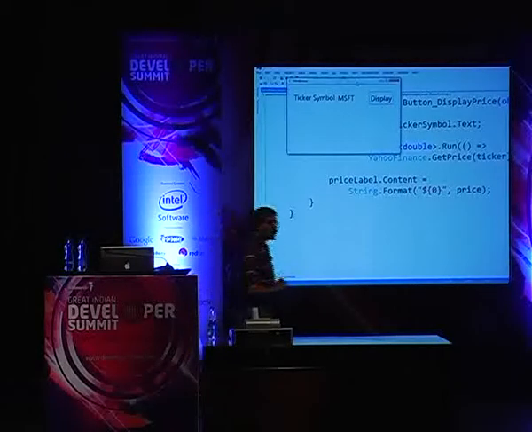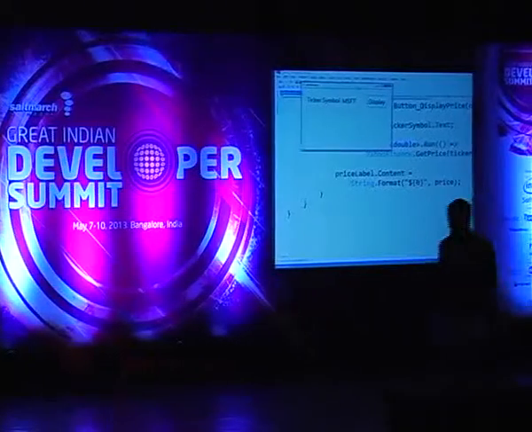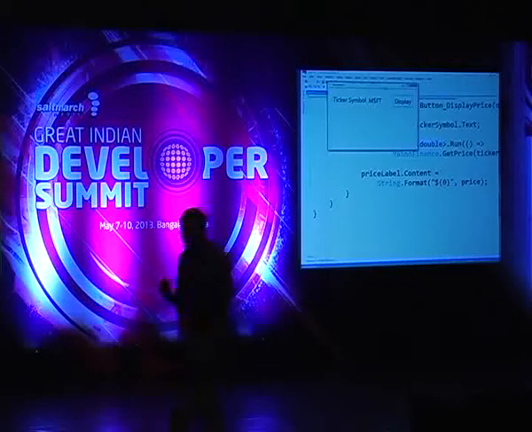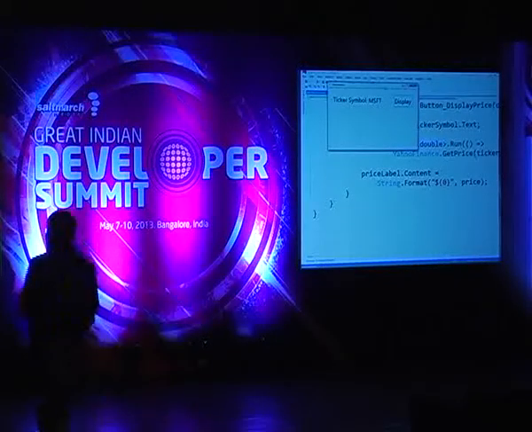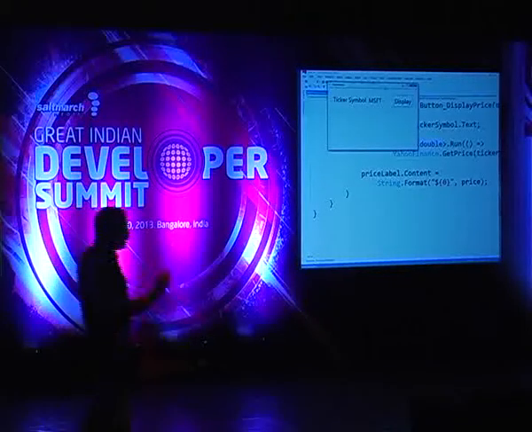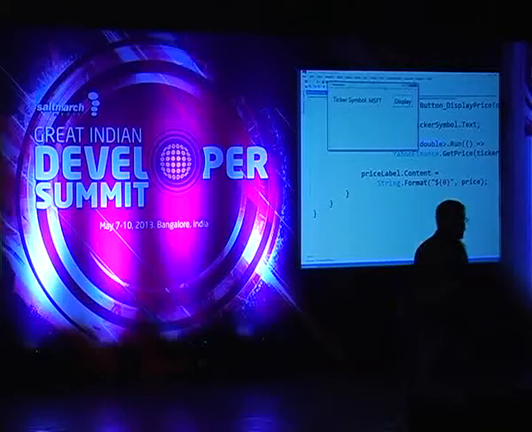So the application is responsive. We have sent the request, so that tells us that this is running in a separate thread at this moment, and I'm able to move things around. That tells me that the application is responsive at this time. But of course, when the response comes back is when we will know what's going to happen. Of course, you got to make sure it's in the right thread, because just because it didn't crash doesn't mean it doesn't have a problem, right? Remember, we talked about that before. But in this case, we trust that it's running in the correct thread. But we will verify that in a few minutes.